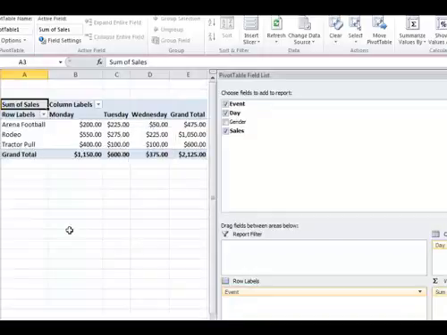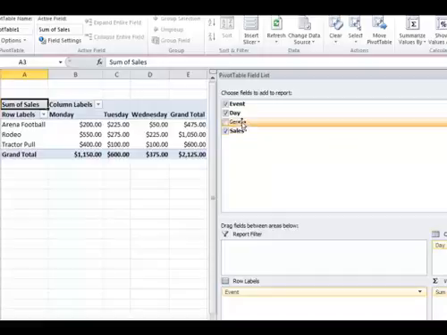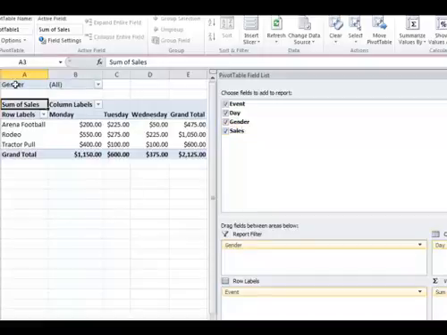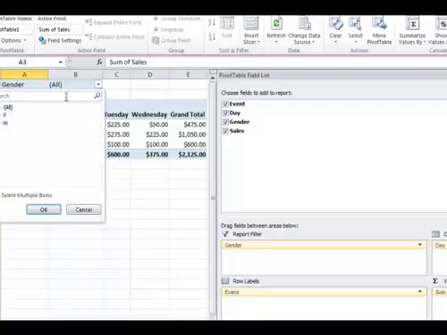All right, now let's say I had gender stored, how many males and females bought tickets. I'm going to use that as a report filter. I'm going to drag it down into report filter, and this pops up on my pivot table. Now I can select, let's say I want to see how many females bought tickets each day, so I select